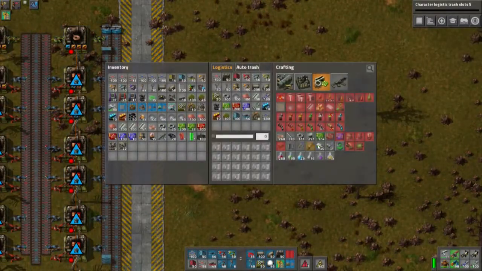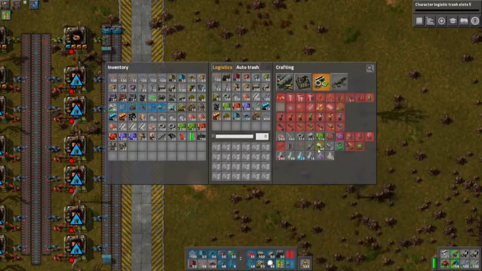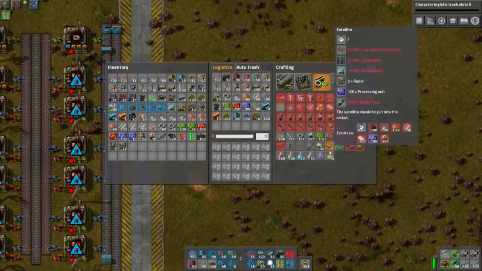Okay, so what do we need for these? Batteries and iron plates. That's not much. That's just one belt of stuff. We have 10 per second. How much do we need to create? We need to create 100, I think, every minute. Yes, 100 every minute